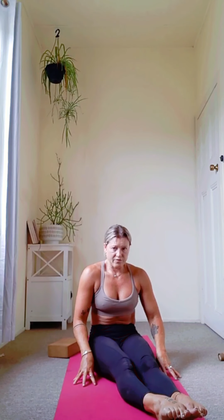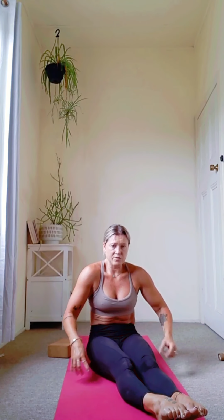Time is it? Perfect, okay. So we're just going to do one little thing with compression work. We are going to bring the feet out in front of us. We're only going to do this once today. So point the toes and squeeze the quads, the fingertips on the ground, tuck the belly in towards the backbone,